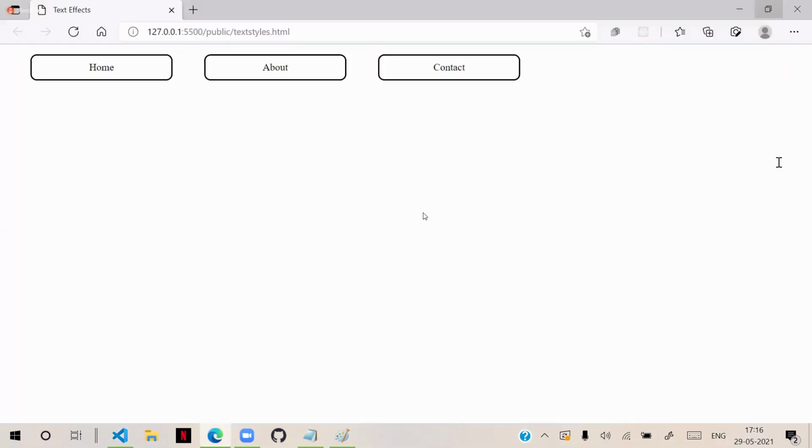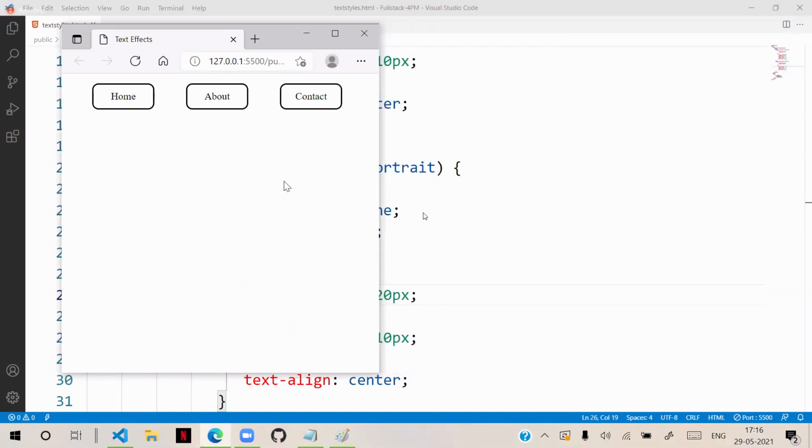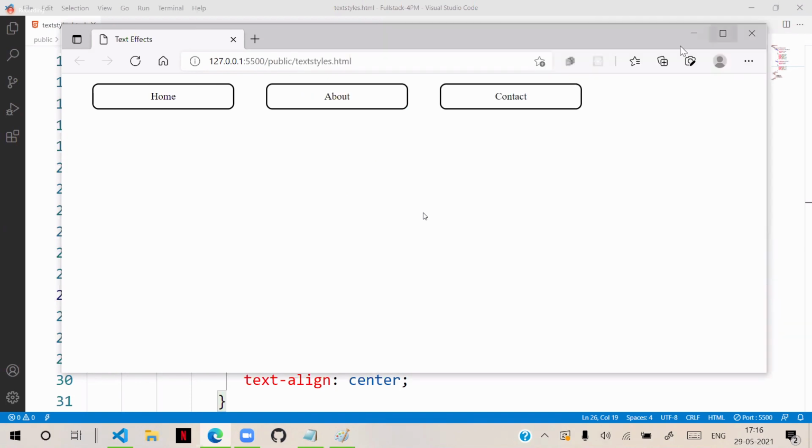Now here, I'm changing the width of the window, and it's not adjusting. Why? Because changing the width will not make it portrait or landscape. It is rotating your device, or if you have tabs or your laptop supports tab, switch to tab mode.